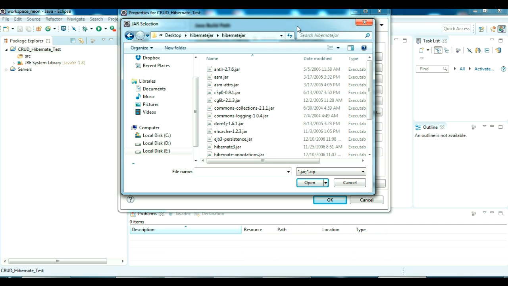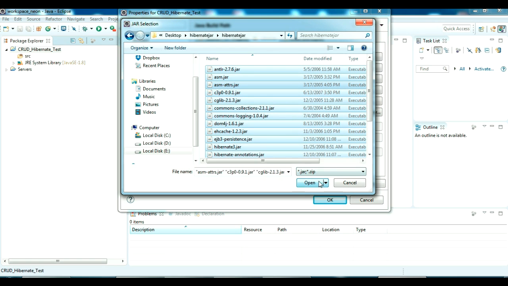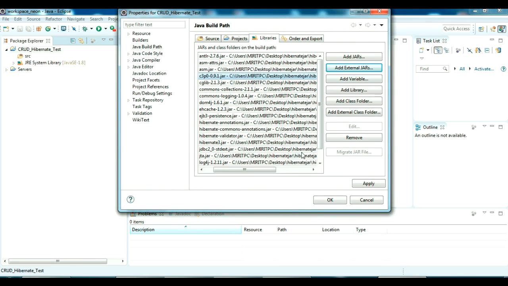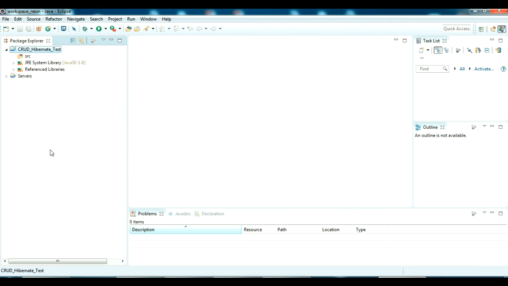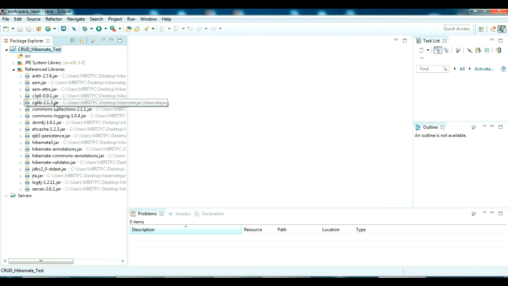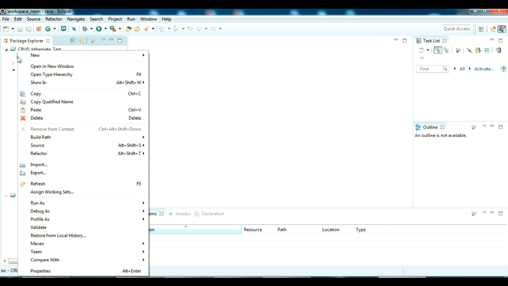So these are the Hibernate jars which we require. All these jars are actually not required, but I am adding them. I'll share these jars in the description. You can download them, and I have gathered all the jars here and click OK. Now we can see I have my Hibernate jars. These are the basic Hibernate 3 jars which you will be requiring to do the